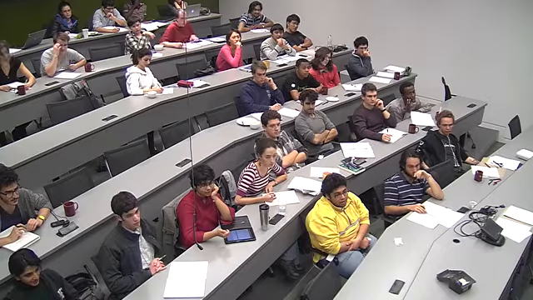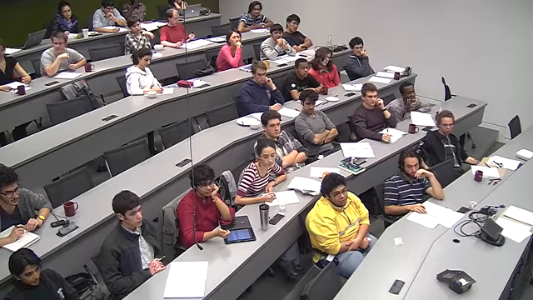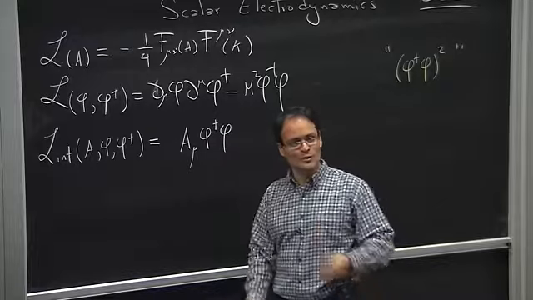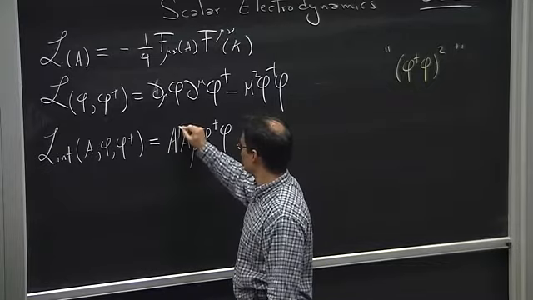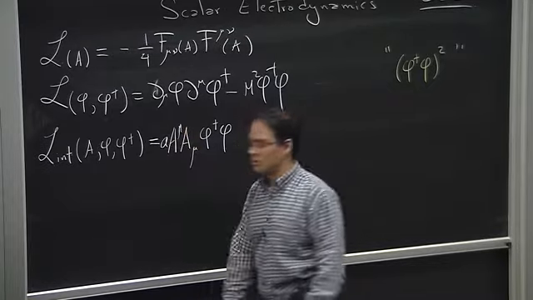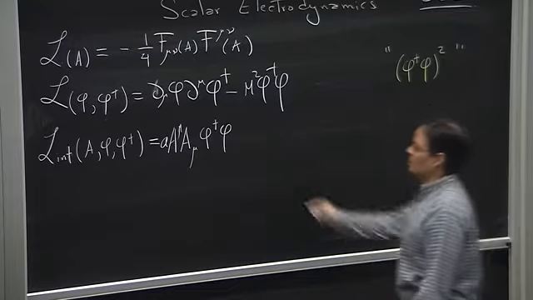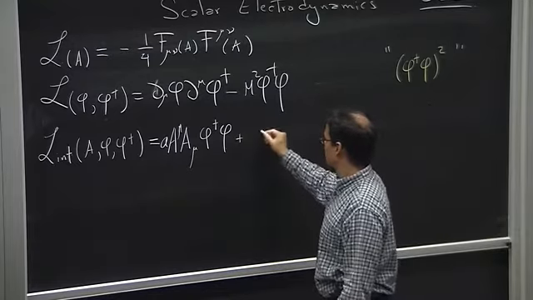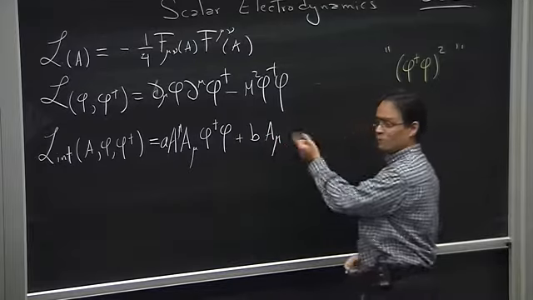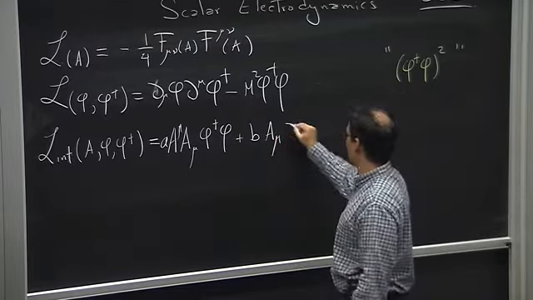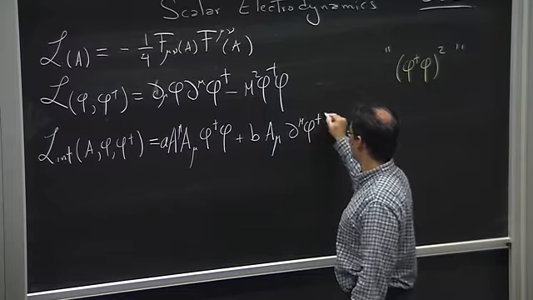How can I fix it? Excellent. I heard two solutions, so we have two possibilities. So one possibility is to put a vector index mu here, okay, with a parameter a, say. And the other possibility that I heard was to say there is a b, and we can make another vector with derivatives. So we can act on either this guy